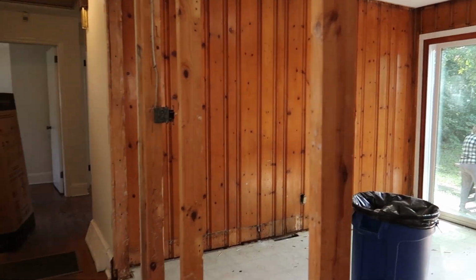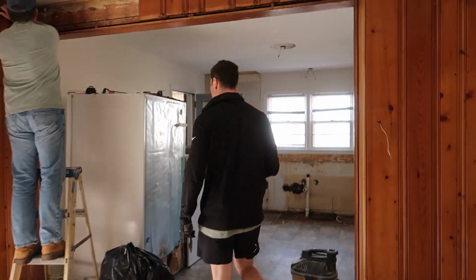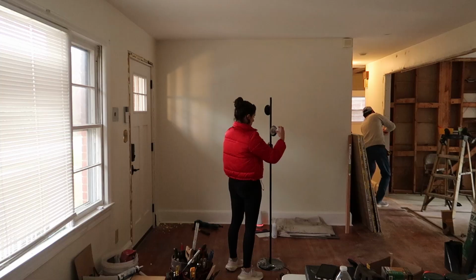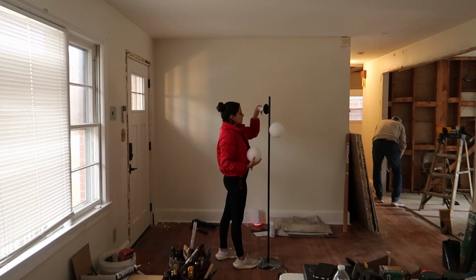We knocked down the wall, demoed the kitchen. We are getting to work. I am putting myself to best use. I can't do too much of the hard work, but we needed some light in this living room as it was getting darker earlier. My dad started on the floors and we ended up going with an LVT just because